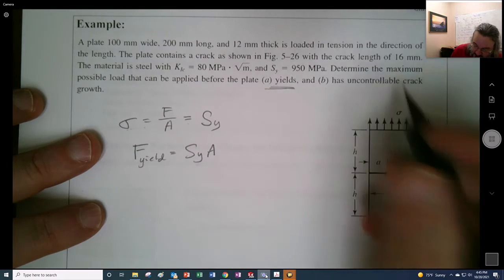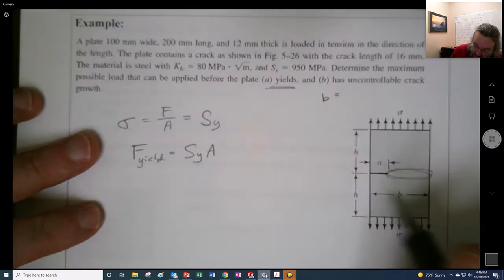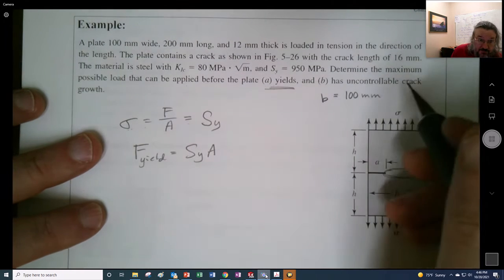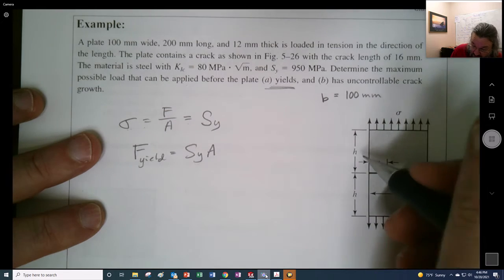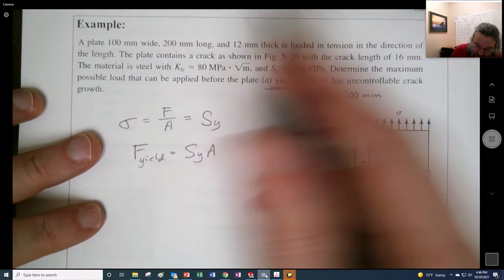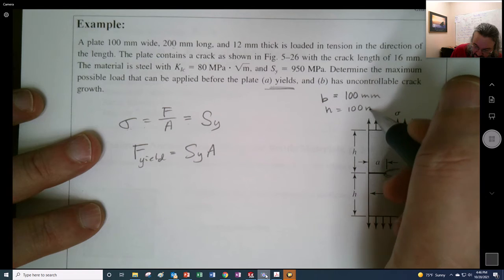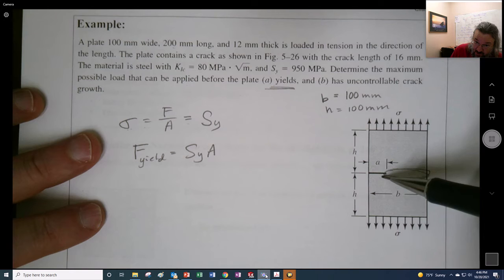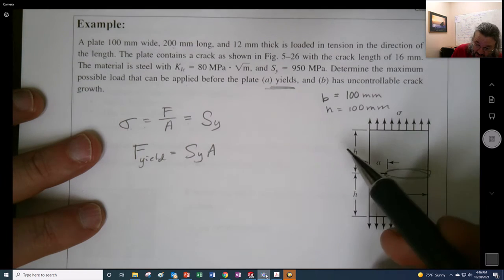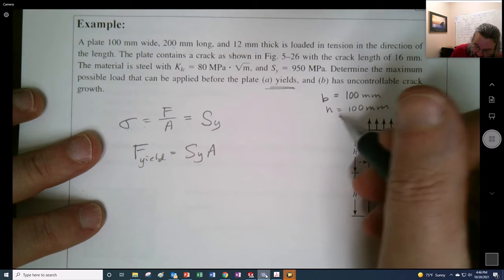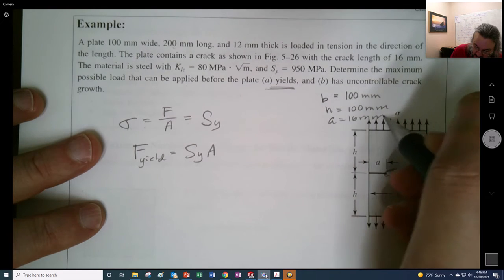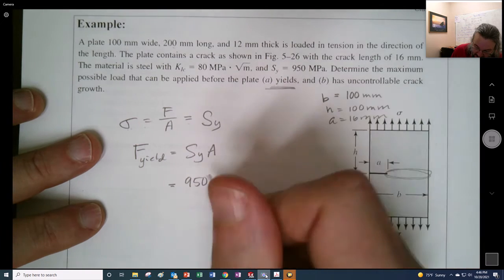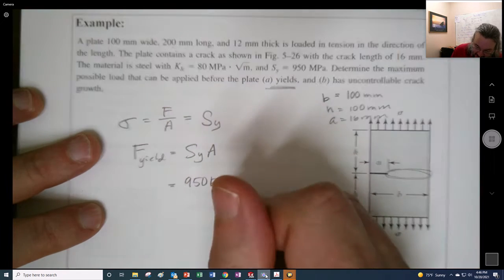So what they've told us is that B is going to be 100 millimeters, about 4 inches. Also going to notice that H is also equal to 100 millimeters, because they said this thing was 200 millimeters long. So that's how far the crack is from each side. And they also said that the crack was 16 millimeters. So if we have the yield strength of 950, and this is E to the 6 right there,